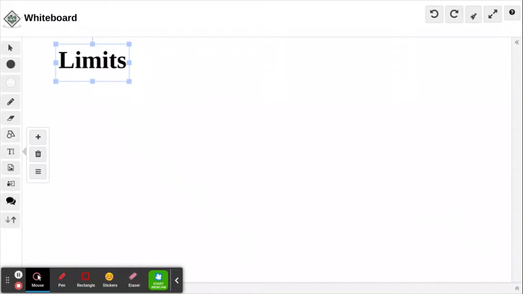Today, we're going to be talking about a topic that you may have covered in your pre-calculus course, although for many students that is not the case, and that's completely fine. Today, we are talking about limits. Limits are very important to understand conceptually and graphically, and then also operationally as you start moving into true calculus